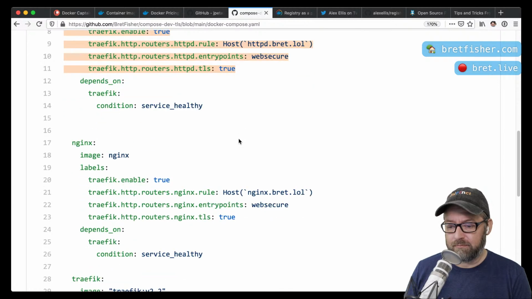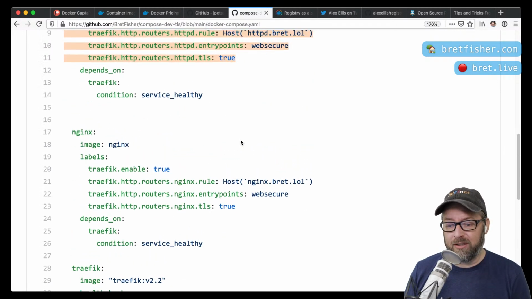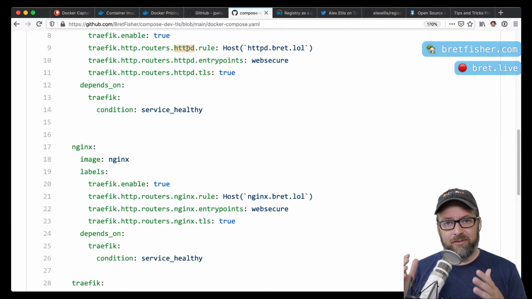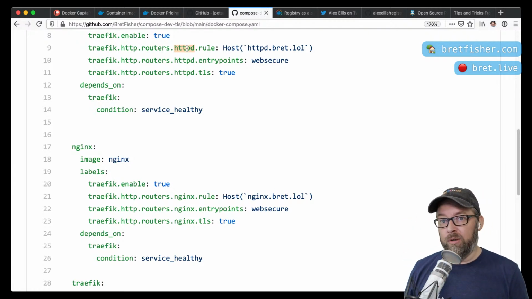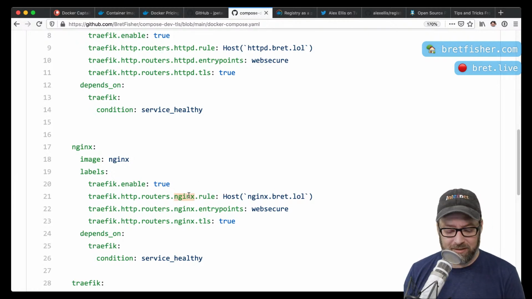All right. Now I'm doing the same thing for a different service. The only difference between the 2 is the host name. Well, technically, you have to change that little router name there, because a router is specific to routing traffic to a container. So each router would have a different name. I just tend to name these the same name as my compose services. That keeps them consistent and a standard.